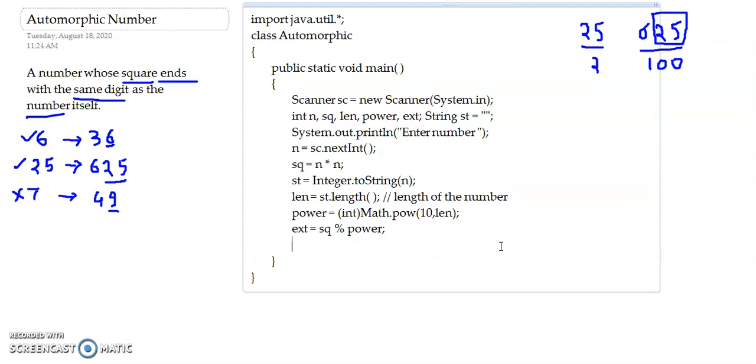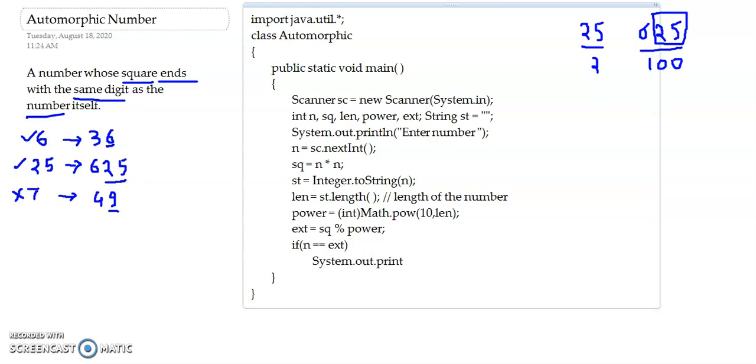All you have to do now is use an if statement just to compare the numbers. So we have n, and we are checking it with the extracted digits. If these two are the same, then just print it out: n is the original number and ext is our extracted number.